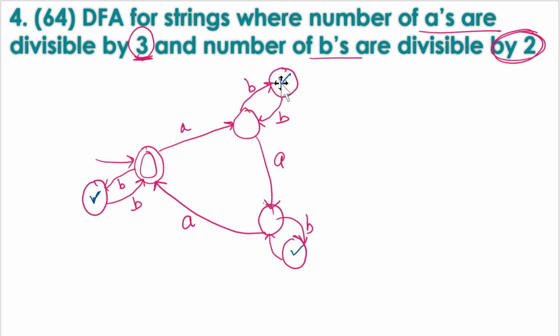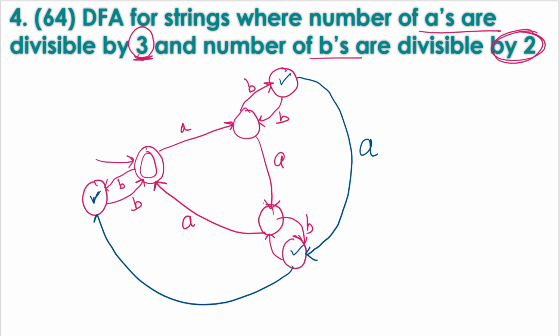From these 3 states we have not marked the transition for input symbol A, okay. So solving it with the trick also: from this state for A we will be moving to this state, from this state we will be moving to this state, and from this state we will be moving to this state, okay. So this was the simple and easy trick, and we have covered all the combinations of A's and B's in this question, okay. You can check for any input string.